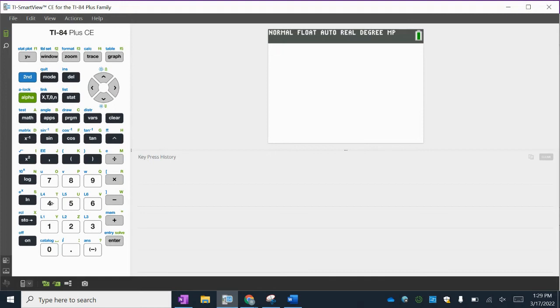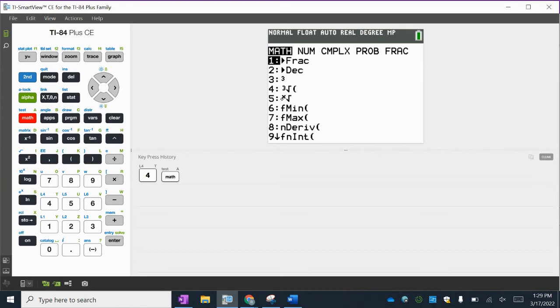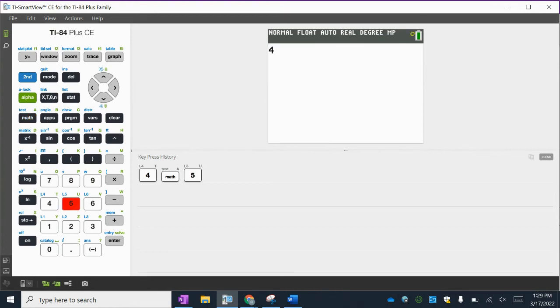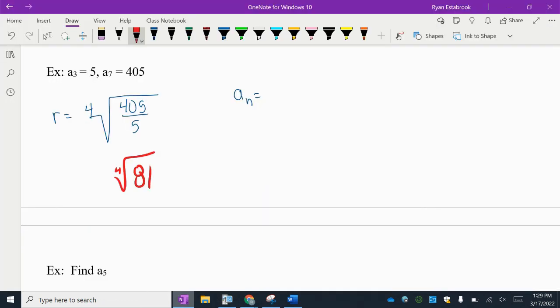One way, probably the most direct way, is to type in the number 4. I'll go to math, and then you'll notice that this fifth one down has an X just outside of that radical sign, so I'll choose that one. And it turns this 4 into the index number, so now it is the fourth root of 81, and that comes out to 3. So our ratio